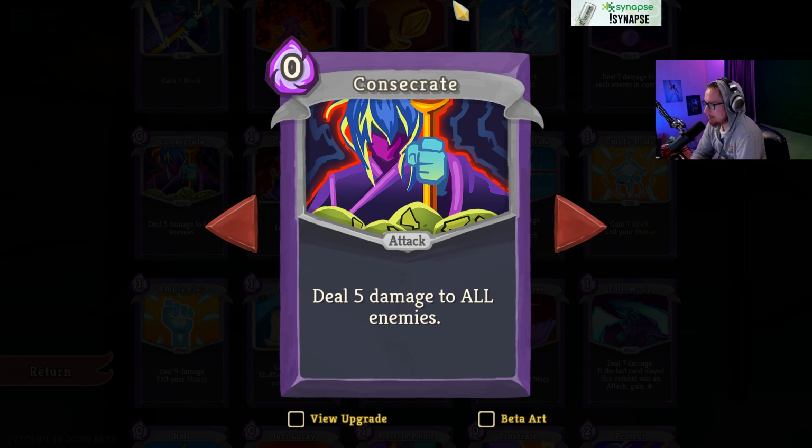Today I want to talk about Consecrate. 0 energy, common for Watcher. This deals 5 damage to all enemies. Incredible. It's an attack. Seems at first glance like this is a pretty straightforward card probably, but I think there